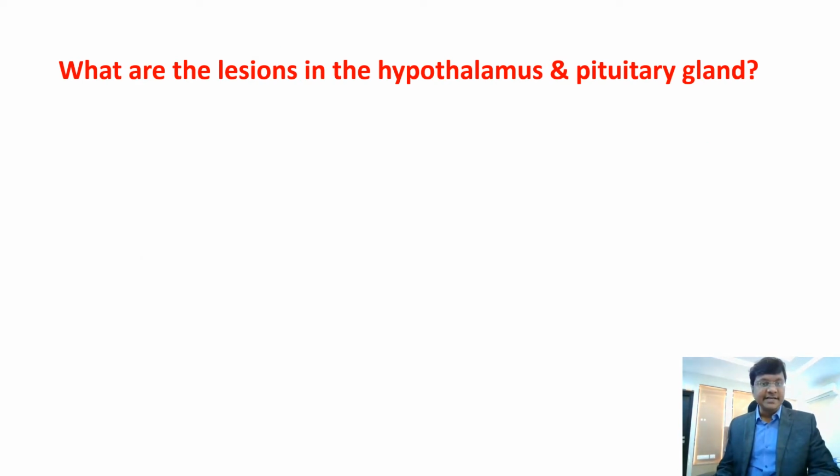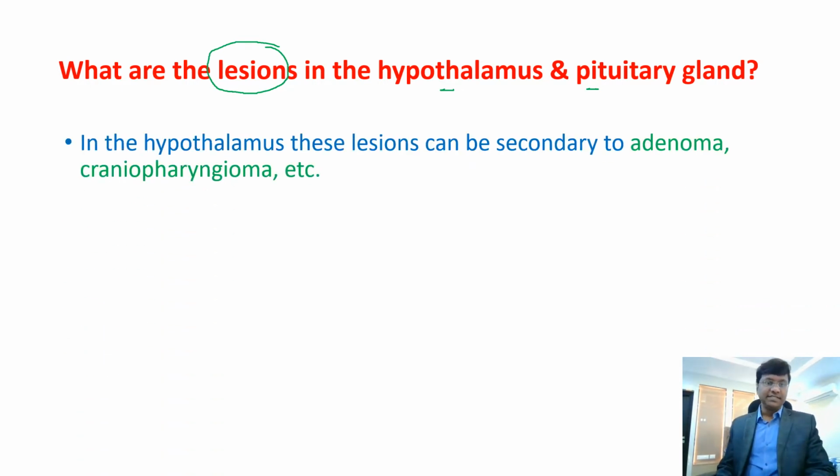Then there are certain lesions in the hypothalamus as well as the pituitary gland which will predispose the individual to develop central diabetes insipidus. Now, what are those lesions? If you see the lesions within the hypothalamus, that includes